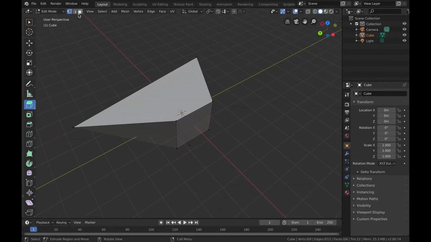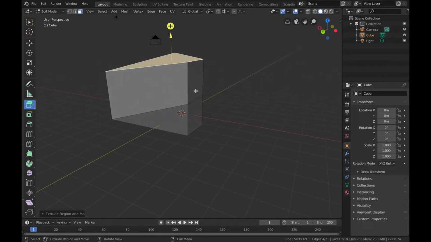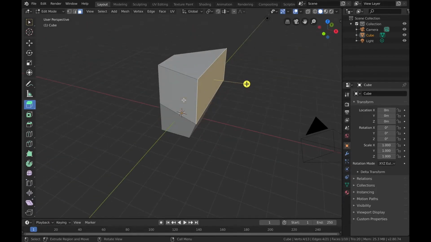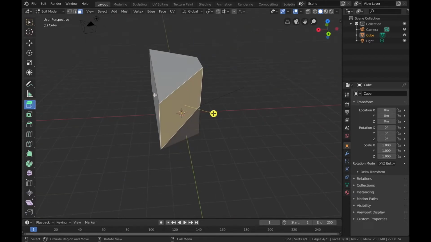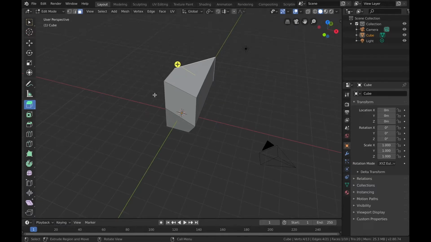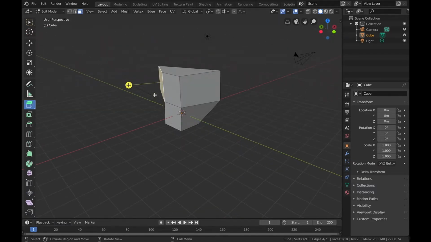If you select a face and extrude it, the face will be extruded and you will get other faces also. In the beginning you will find it too complex, but as you get the habit and practice it, it will be very easy for you to pick up.